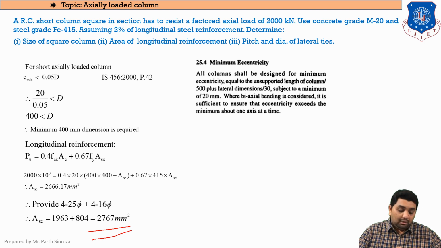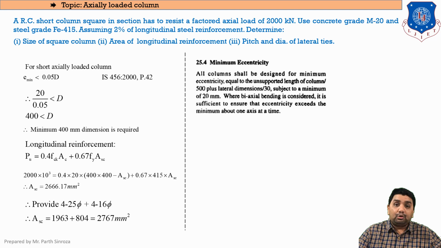You just need to know that the ASC that was required should be less than what will be provided. Clear? So irrespective of the bar diameter or the number of bars, you just need to satisfy both cases, and even if you change the diameters or the numbers, that will be okay if the criteria is met. Clear? But keep in mind, the number of bars should always be even.